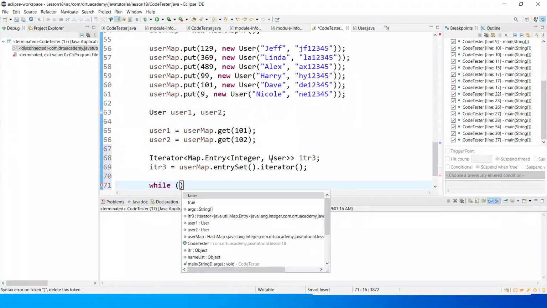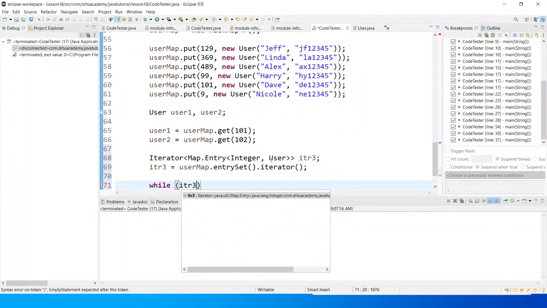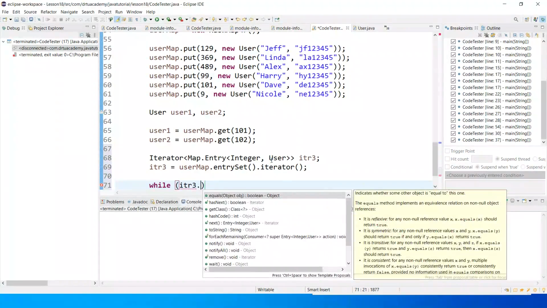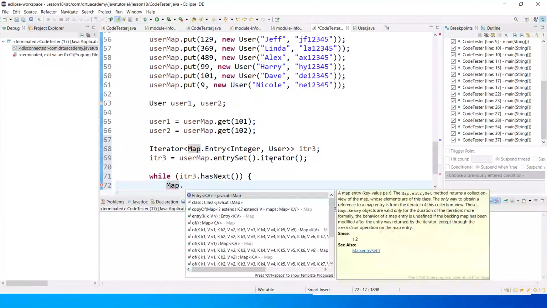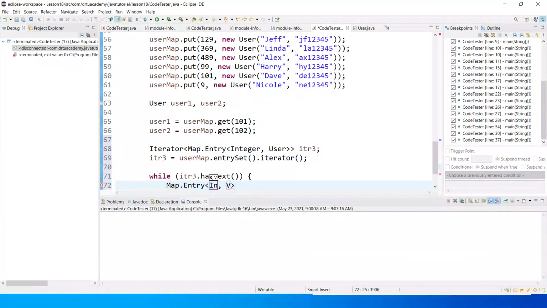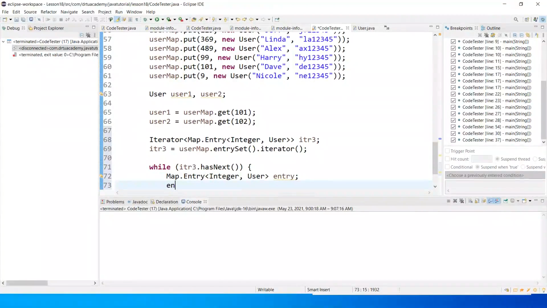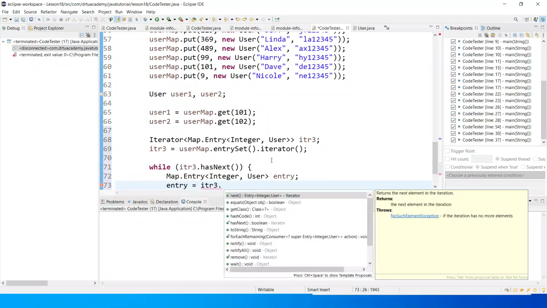While iterator itr3 has next is true, Map.Entry Integer, User entry, entry is iterator itr3 next,